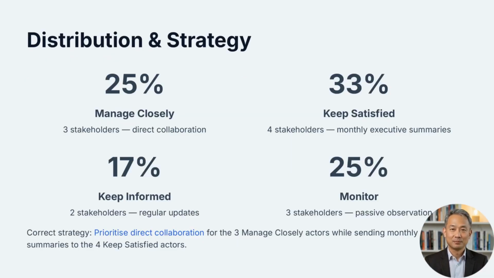Now let us convert those numbers into engagement strategies. 3 of the 12 stakeholders, or 25%, belong in the Manage Closely category. 4 stakeholders, or 33%, belong in Keep Satisfied. 2 stakeholders, or 17%, belong in Keep Informed. The final 3 stakeholders, or 25%, belong in Monitor. The key lesson is that communication effort should be prioritized. The project manager collaborates closely with the 3 high-power and high-interest stakeholders while providing concise executive updates to the Keep